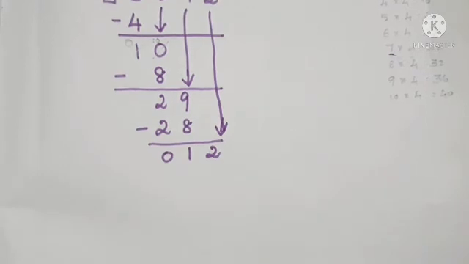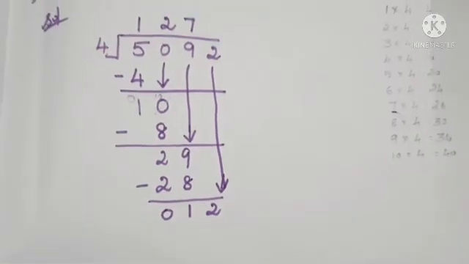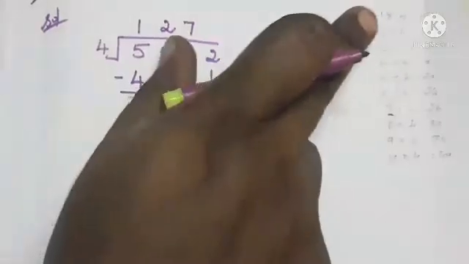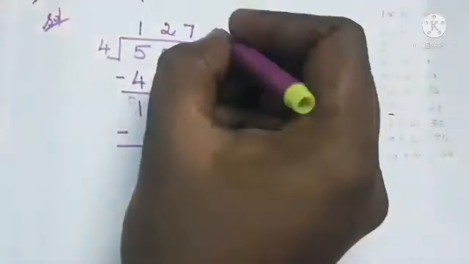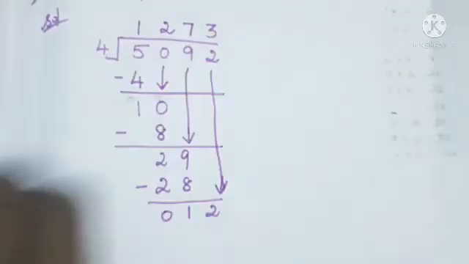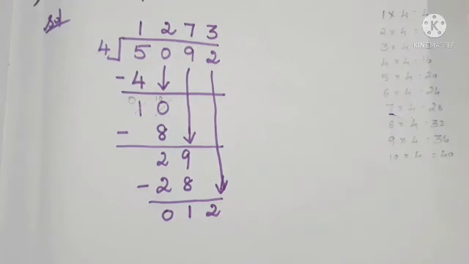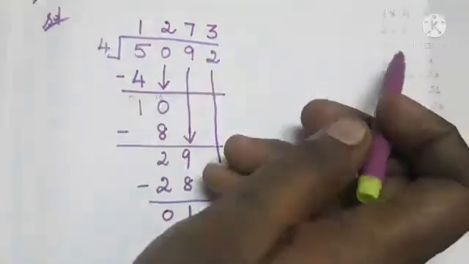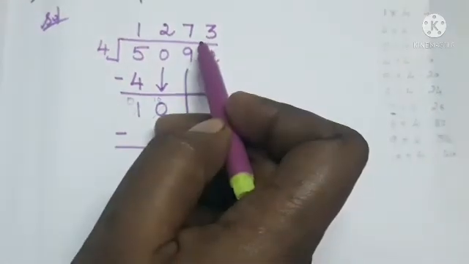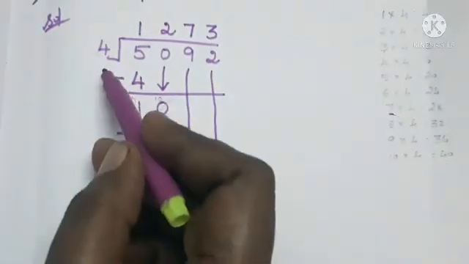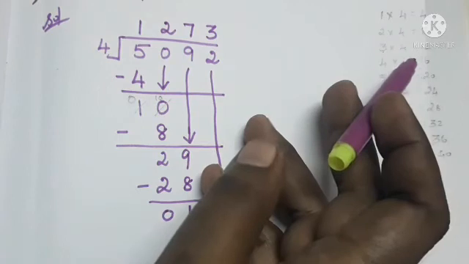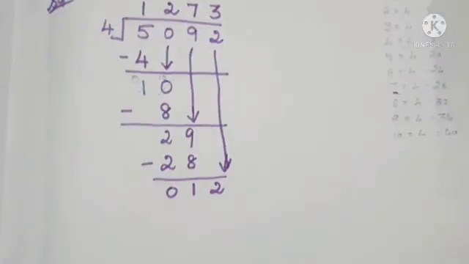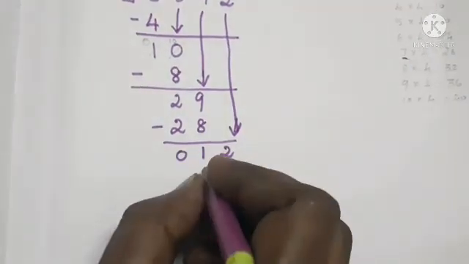So now we have to check it in the fourth table. Is there 12? So 1 4 is 4, 2 4s are 8, 3 4s are 12. We have it, isn't it? 3 4s are 12. So we can write 3 in the ones place of the quotient. Again, this 3 we have written here, 3 into 4. That 4 we have in the divisor, and this 12 product we can write at the down of 12.